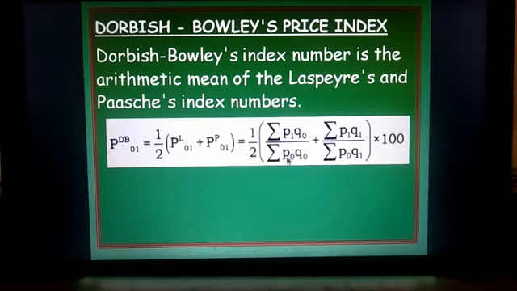That is nothing but the sum of P1 by P0 with Q0 as the weight applied, multiplied by 100. So here, once we are writing the price index number based on Laspeyres, it's already multiplied by 100. And here also, once we are writing the index number of Paasche's, it is already multiplied by 100. But here only the ratio we have written in place of Laspeyres and in place of Paasche, only the ratios, and multiplied by 100,